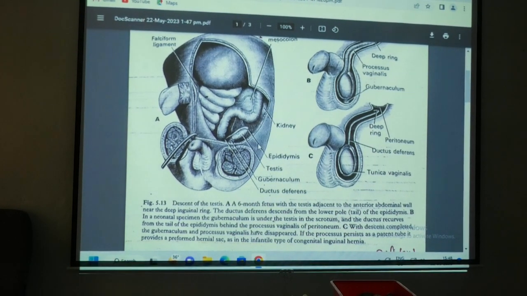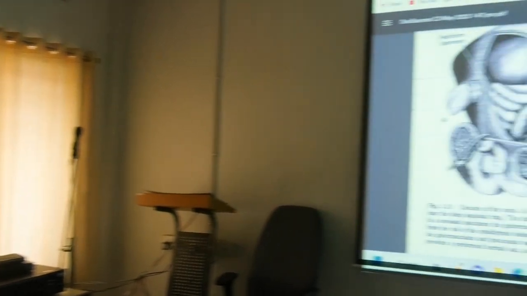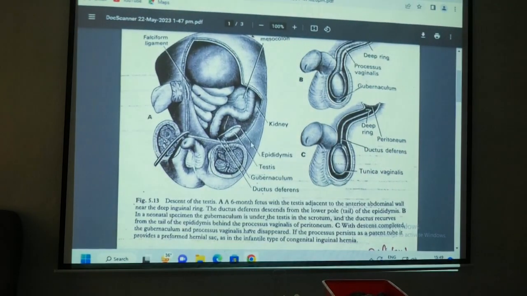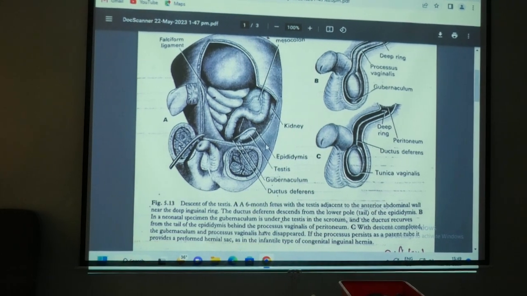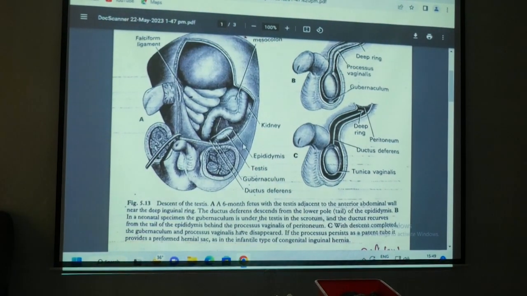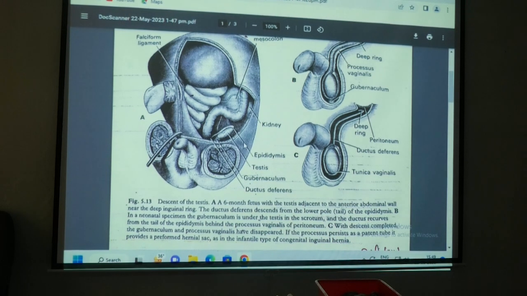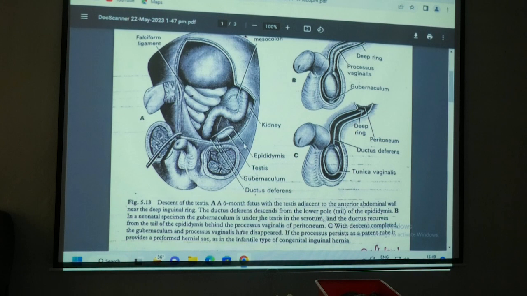কোশ্চেন আছে বলে দিলাম যদি না এসে থাকে descent of testis is very very important. Near the deep inguinal ring 6 months or 7 months এরকম হয় তারপরে the ductus deferens descends from the lower pole, দেখা আছে, lower pole থেকে descend করে tail of the epididymis, এগুলো সব neonatal specimen।